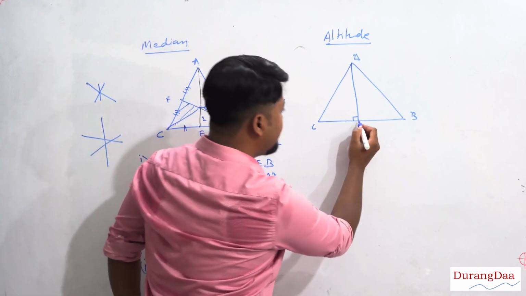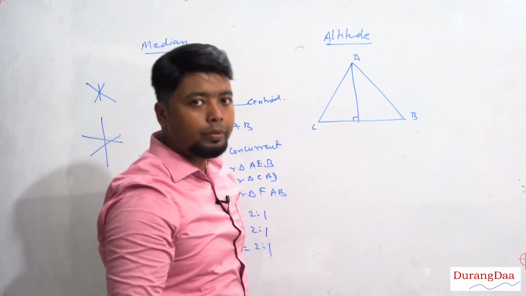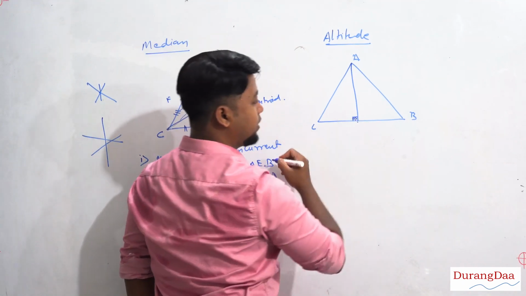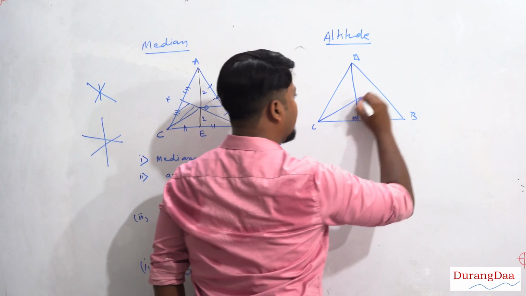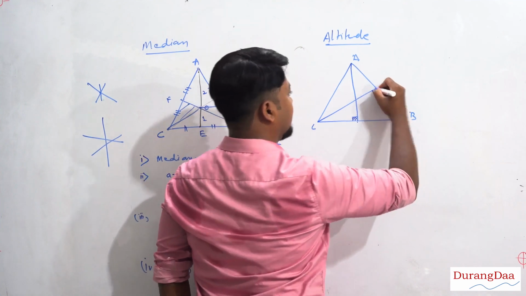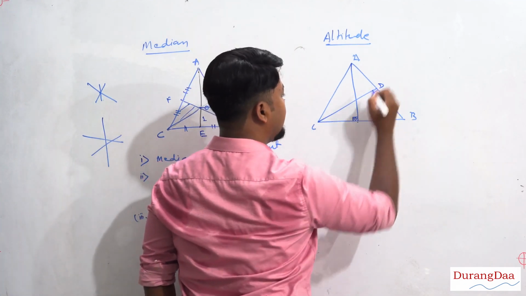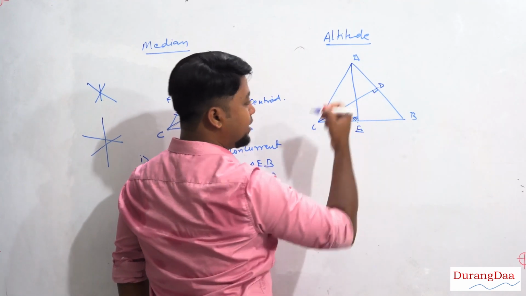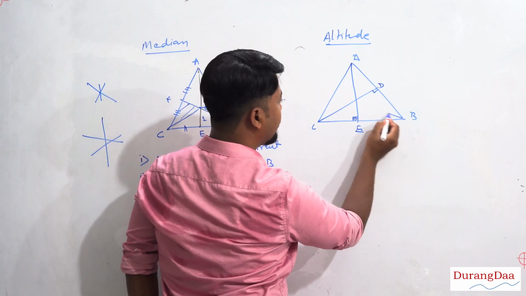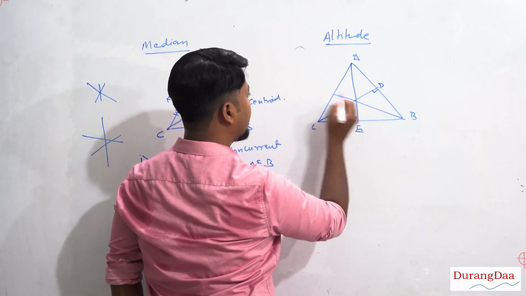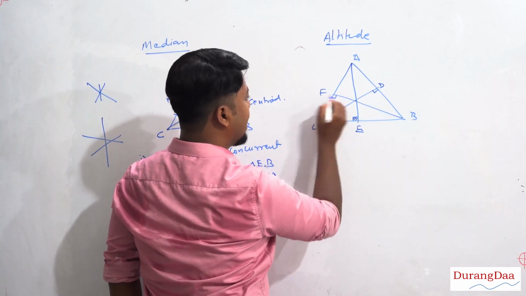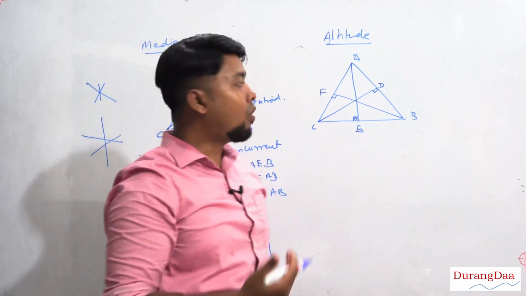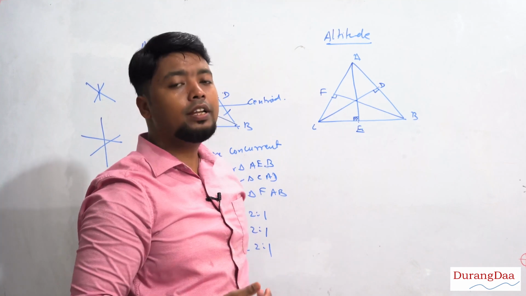Now, it might be a midpoint or it might not be a midpoint. All right, but it is confirmed that it has to be 90 degrees. So, from this vertex also, if I draw again, suppose this is D, this is E, CD is the altitude, A is the altitude. Same way from B, if you draw again, this is the altitude. So, the perpendicular drawn from the vertex to the opposite side is called the altitude or the height of the triangle.